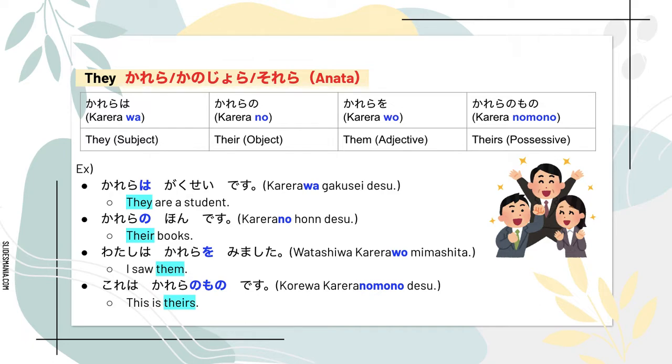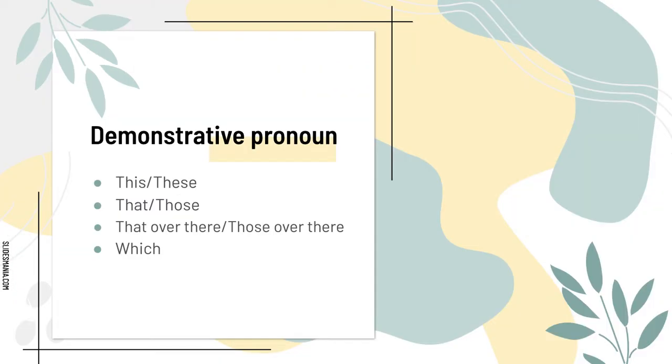Theirs in Japanese is 彼らのもの because it's possessive. So the sentence would be これは彼らのものです。